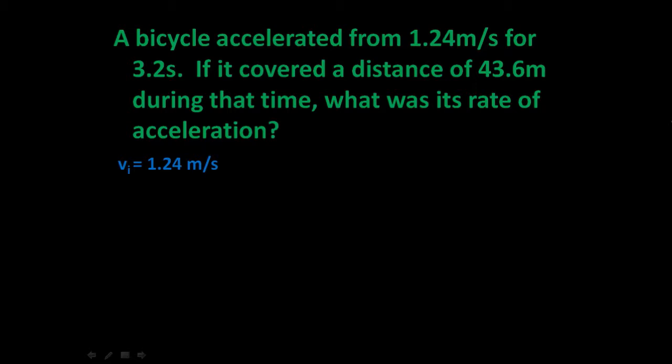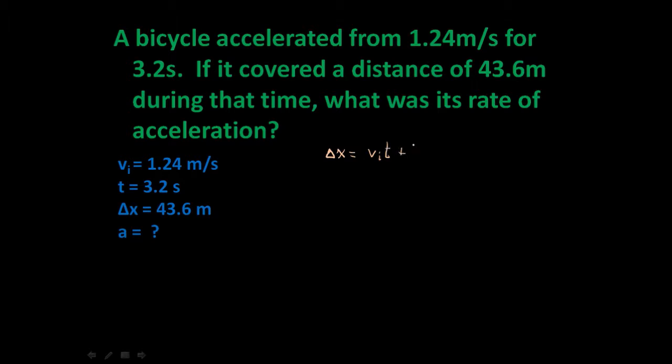If the initial velocity is 1.24 meters per second, and the time is 3.2 seconds, and the displacement is 43.6 meters, then what we're trying to find is the acceleration. Remember, forward is our positive direction, and I always like listing the variable that we're trying to find as well as the variables that we already know. All we have to do is locate a formula involving those 4 variables, and as it turns out, we have one. It's this one. Displacement is equal to initial velocity times time